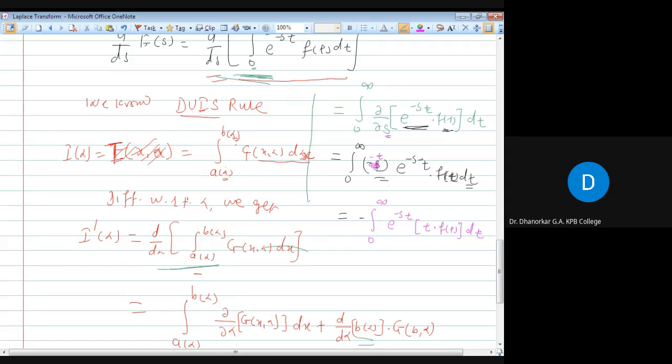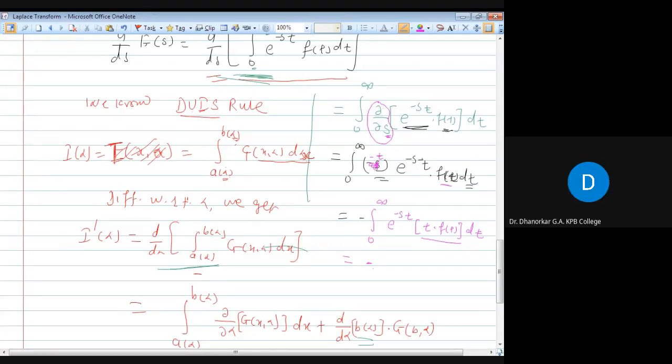I will take this t here and this f of t and combine them, and I will write t into f of t. And this total term is nothing but minus... What is it as per the definition? Sir, the derivative of e raised to minus st will be minus s e raised to power minus st, no? Not minus t, because we are doing it with respect to s. The constant minus s will come, no? We are finding the partial derivative with respect to s. Yes. That's why we are finding the derivative of this term only with respect to s. Therefore, t is here.